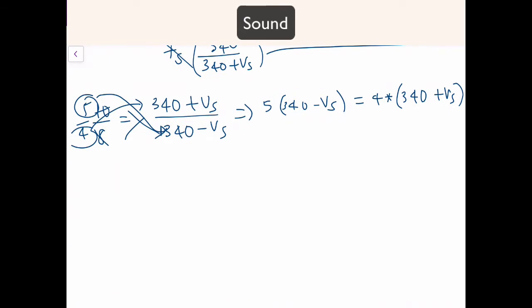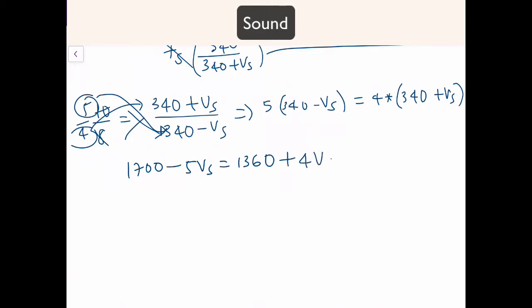So the 5 is common and it multiplies both of the numbers in parentheses. 5 times 340 is 1700 minus 5 vs equals 4 times 340, which is 1360,